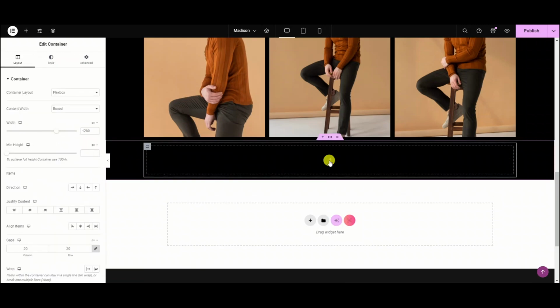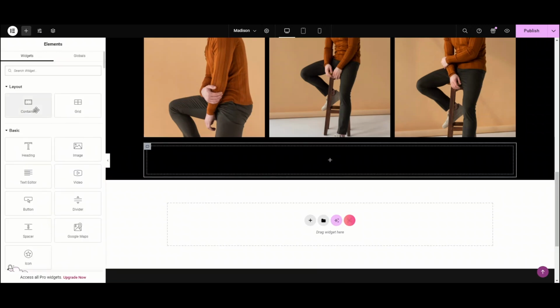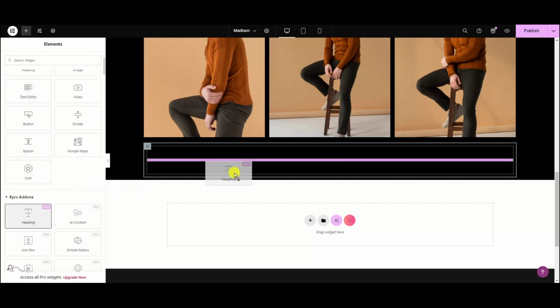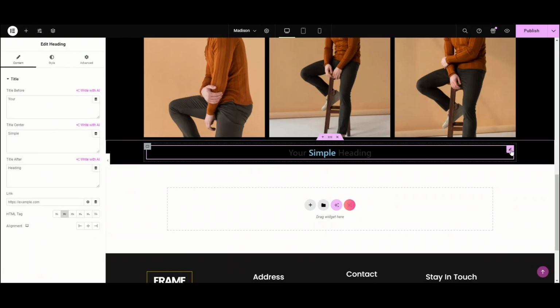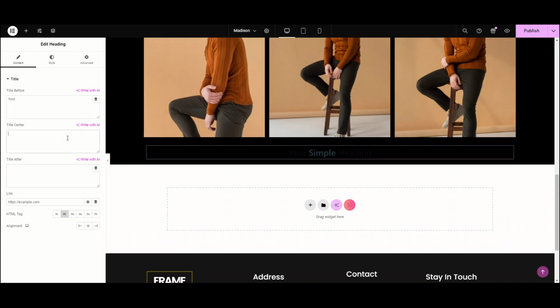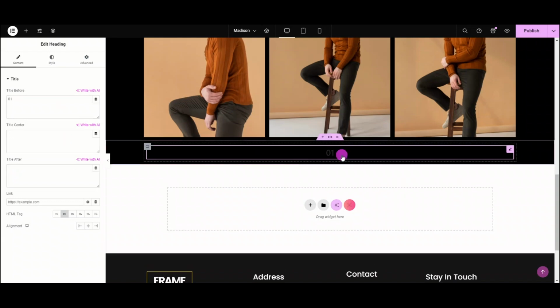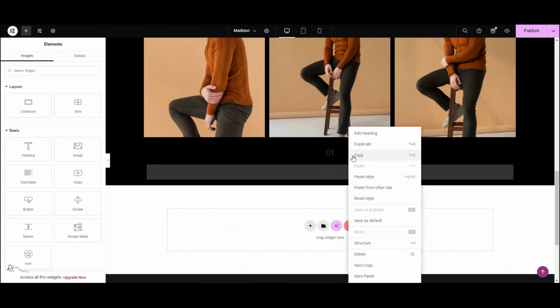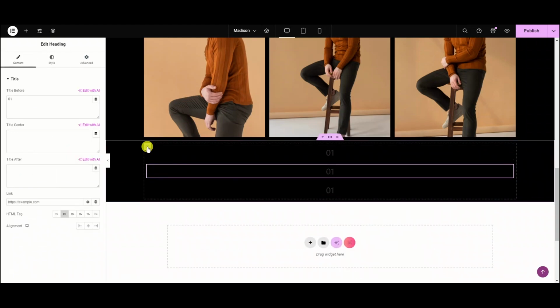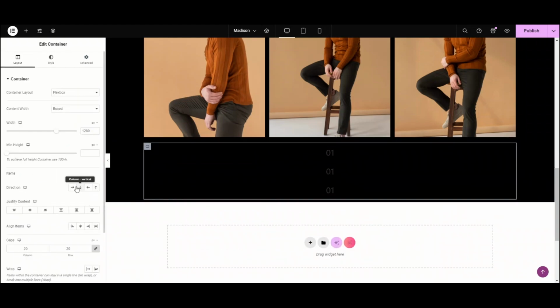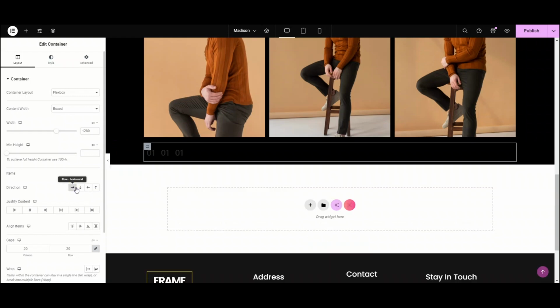Now click on the plus icon. From the widget panel, drop the heading widget. Now edit the heading widget, add the details as we have done before. Let's write here 1. Now duplicate this heading widget. Click on the main container. Choose the direction from left to right and justify the content to center.